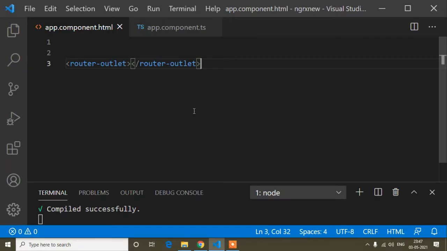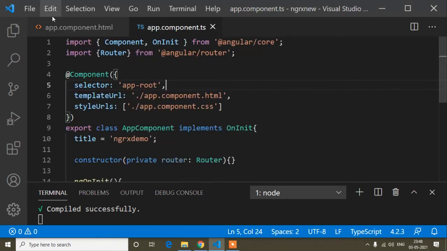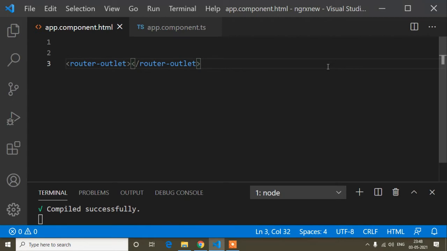First of all, I will move to my Visual Studio Code editor. Here you can see I have opened the Visual Studio Code editor, and I have opened the app.component.html and app.component.ts files. If you want to implement it in any kind of component like home or about, you can open that. The method will be the same. In app.component.html, if you know basic Angular, you will know that when we generate a new project, the router outlet is there by default, so don't focus on it. I will start the code now.